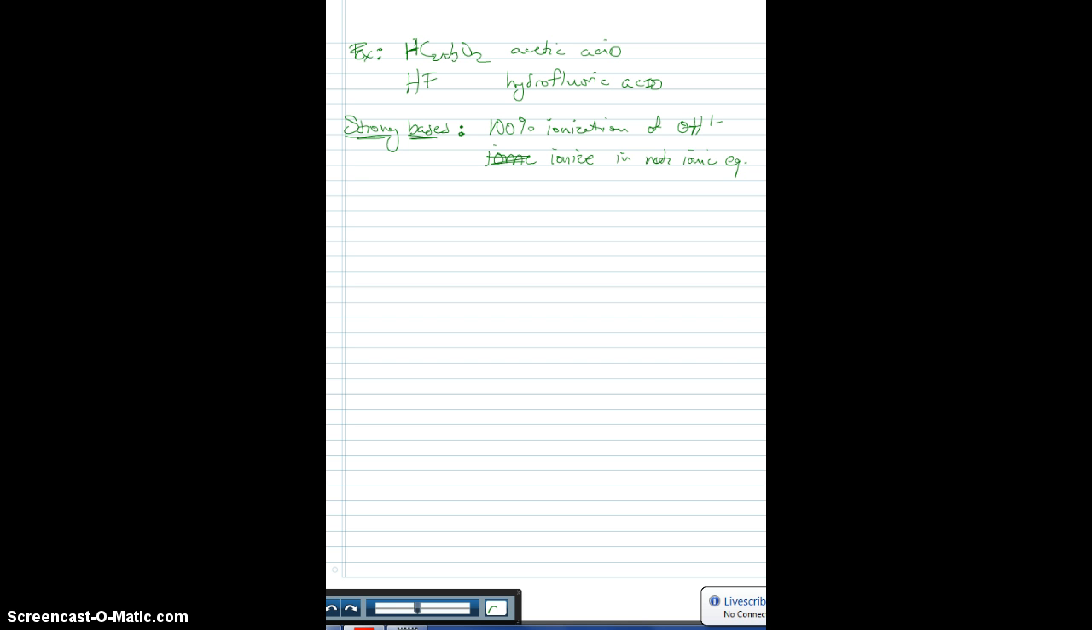We also have a list of strong bases, although it's really easy to memorize. To be a strong base, you are an alkali metal plus a hydroxide. So anybody who is something like lithium hydroxide, sodium hydroxide, potassium hydroxide, those are all our strongs. And our